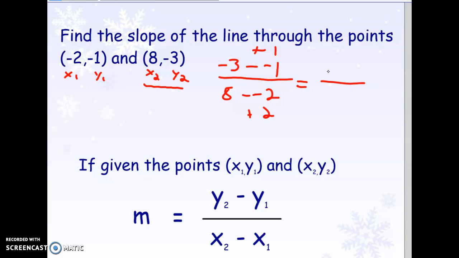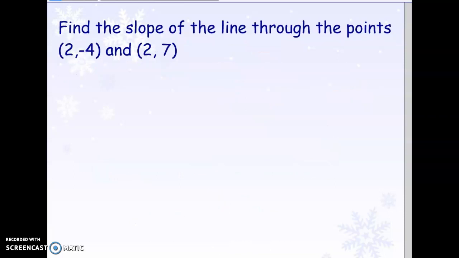So on the top we would have -2. On the bottom we would have 10. And this just simplifies to -1/5. All right, if you want one more practice of this, you can try it on here. If you feel pretty good, then you can just skip the rest of this video and go on to video number 2. All right, so if you want an explanation quick, you just subtract the y's on top,